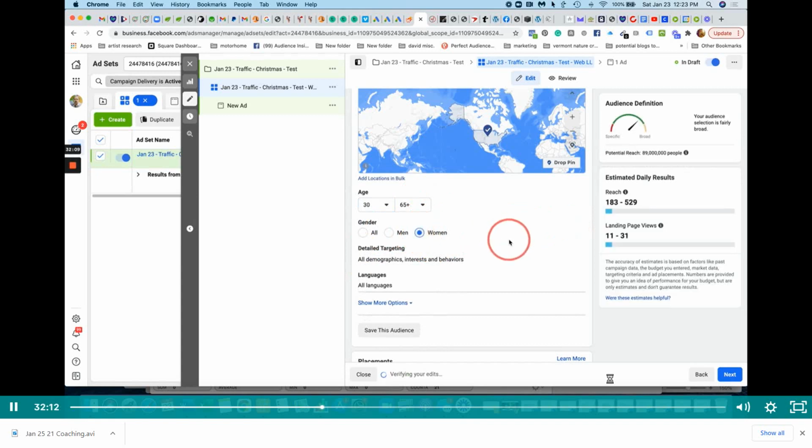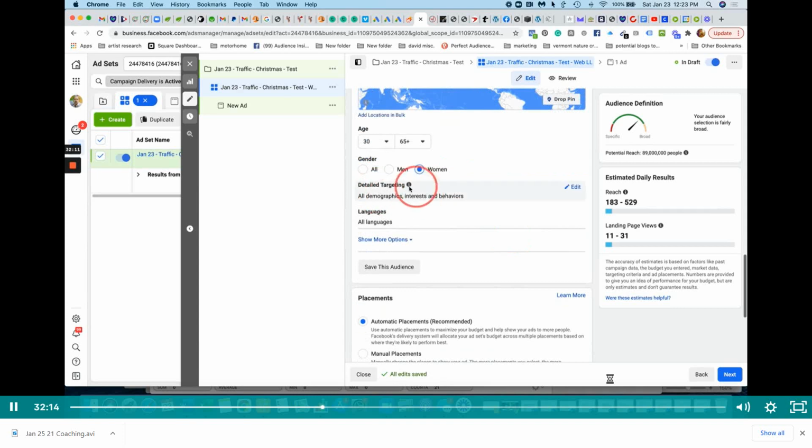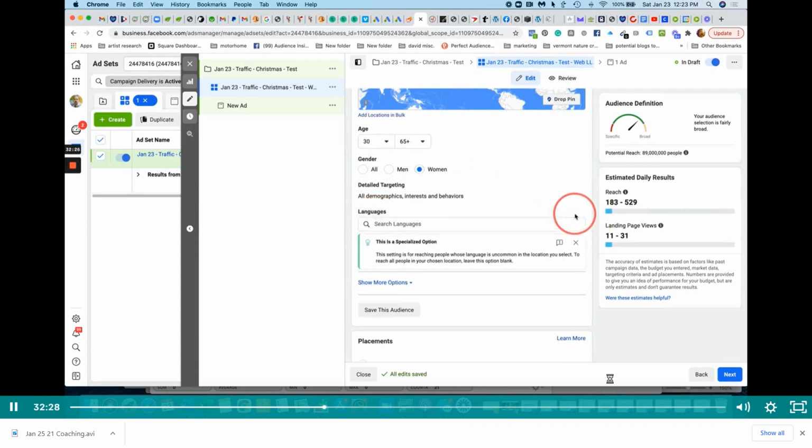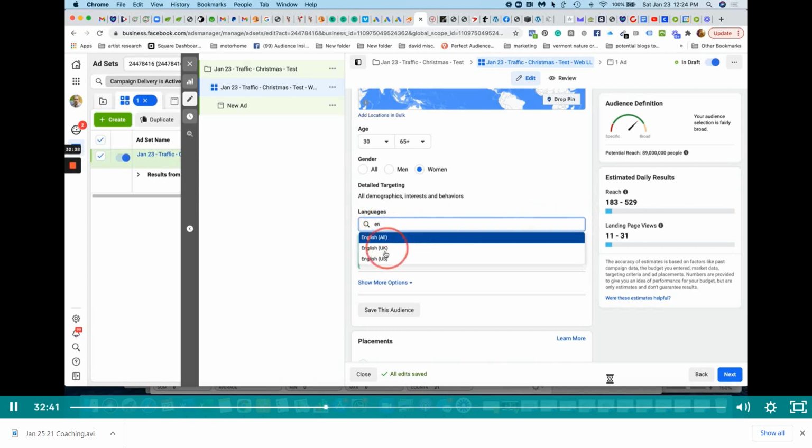And then the next step, this is a huge one right here. It's amazing that Facebook gives it so little prominence. This is detailed targeting. Before we go to that, I want to just show you languages because it's easy to miss. We're going to spend a lot of time in detailed targeting, and so you could forget to go here. So I'm just going to select English,